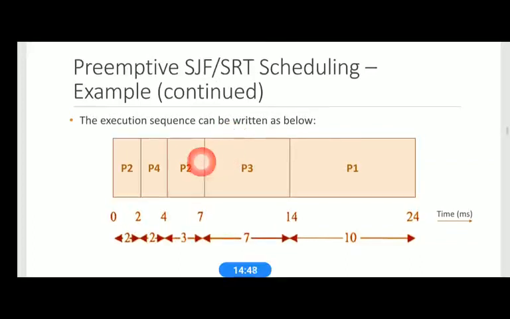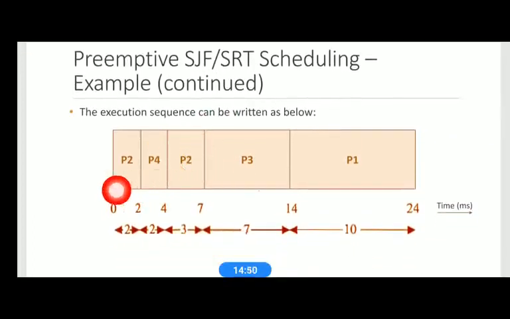sequence. Here you can see from 0 to 2 millisecond P2 is executed first, but at 2 millisecond P2 is preempted, so P4 is allocated for execution, hence P4 executed from 2 to 4. Then at 4 millisecond P4 is completed. Again P2 continues its execution